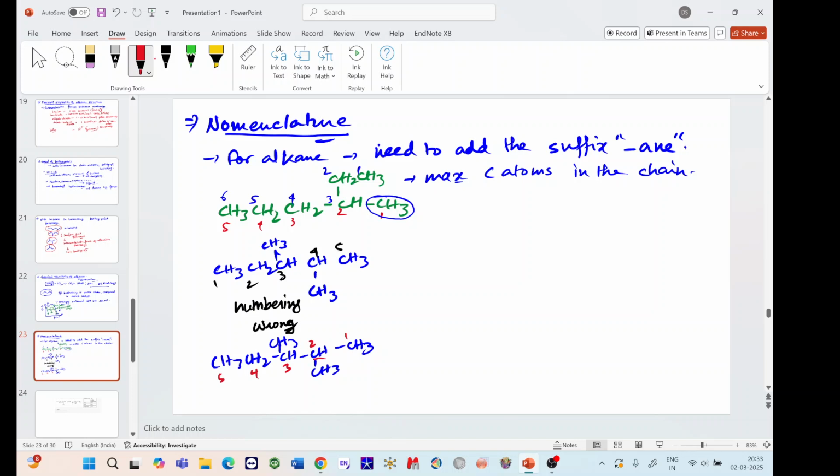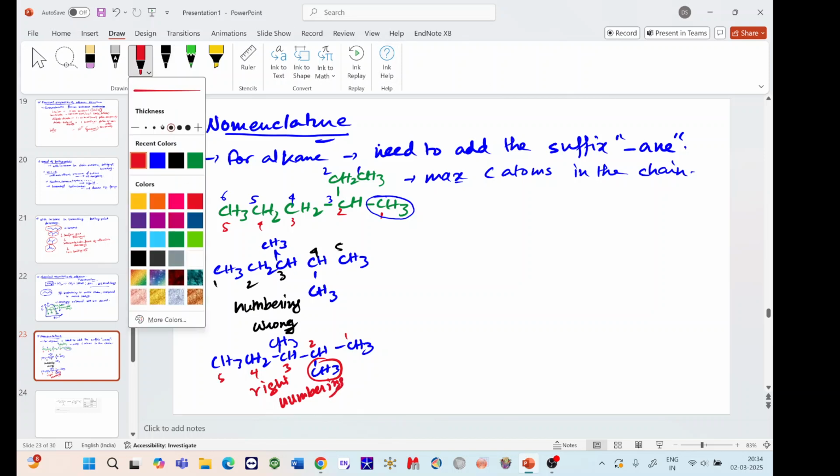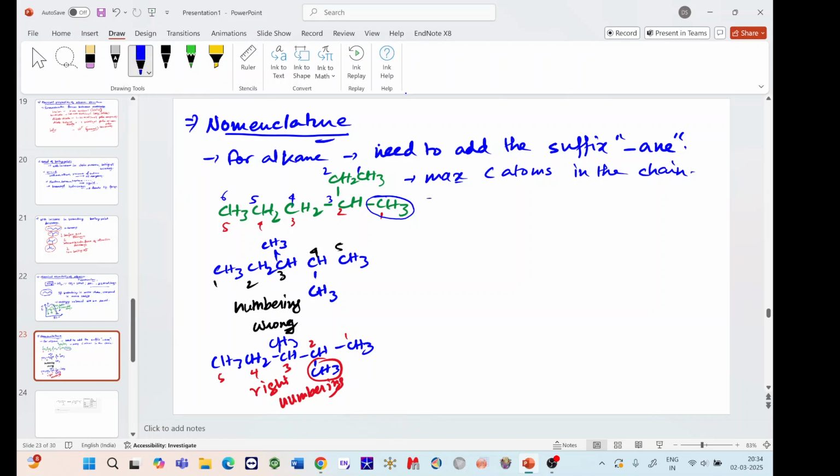This is the right way because my CH3 is coming on the second position. So this is the right numbering. Okay, so you need to do this proper numbering